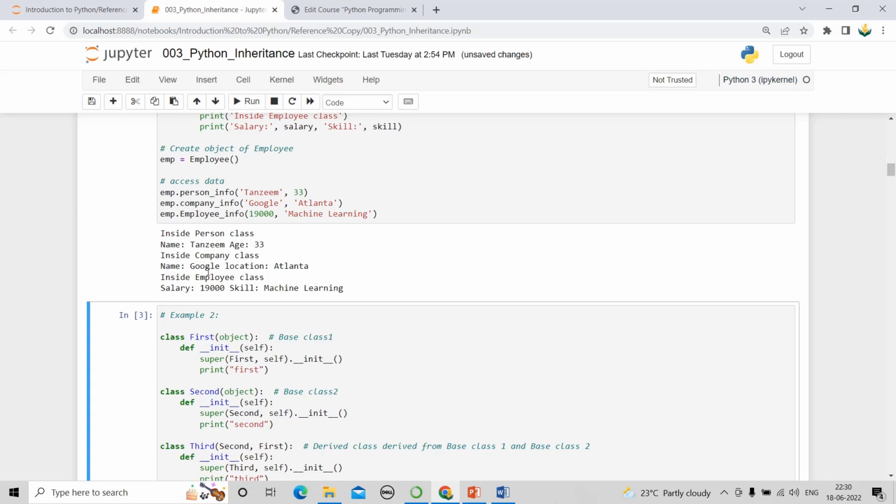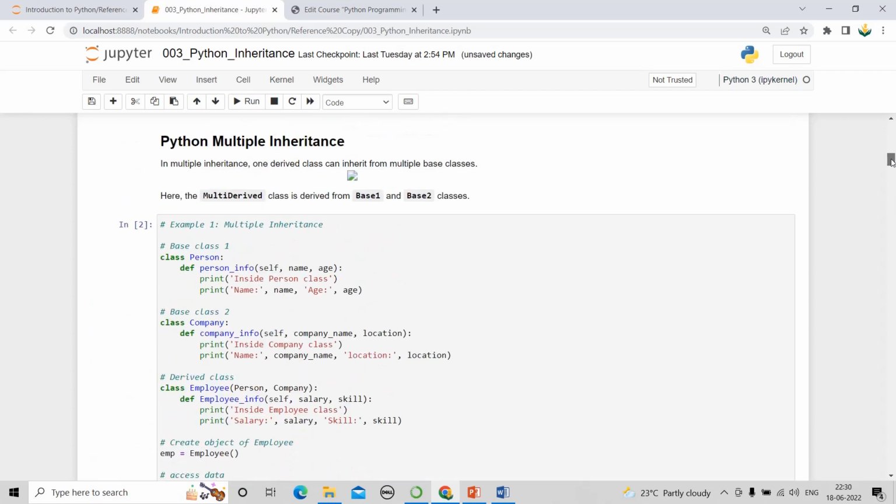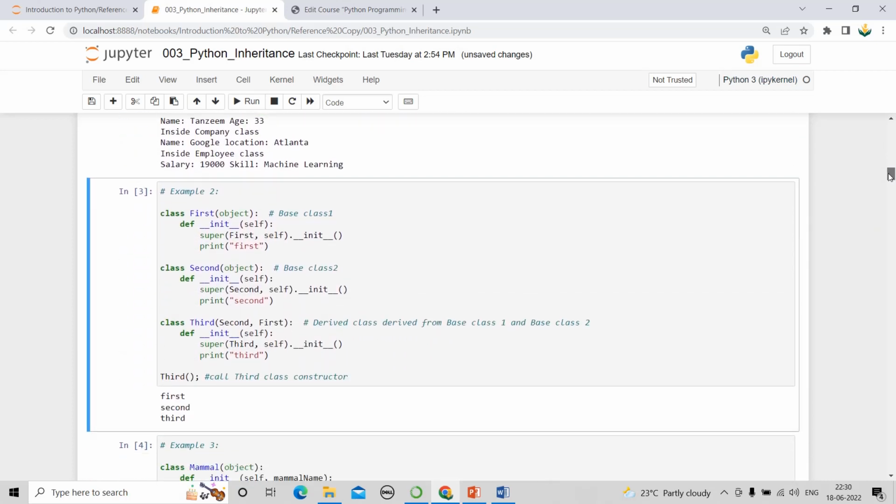Inside company class, Google, location is Atlanta. Inside employee class, 19,000, skill is machine learning. So this is one simple example I have chosen to demonstrate how exactly multiple inheritance works in Python programming language. In this example, I have taken base 1 and base 2 classes,